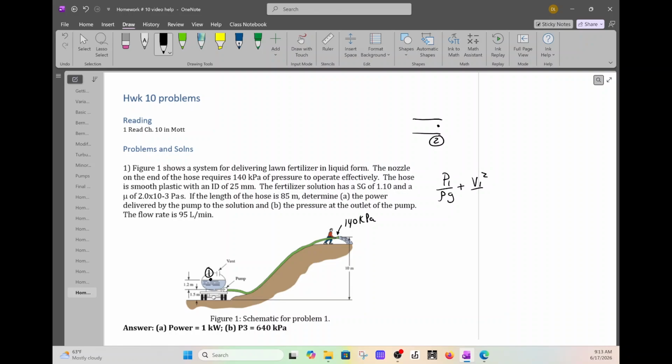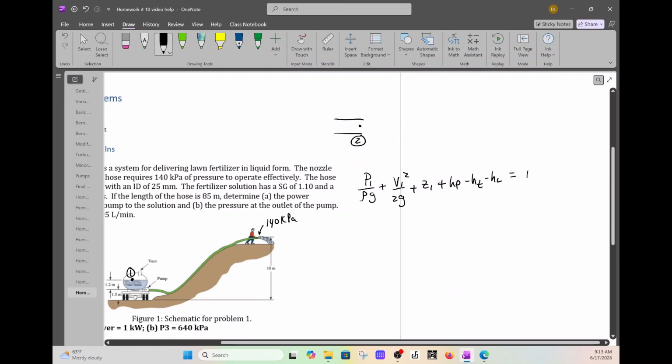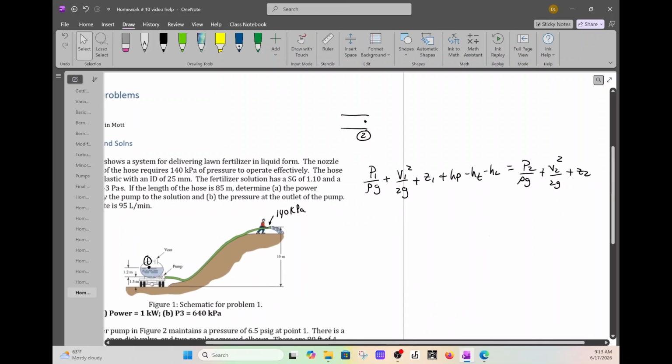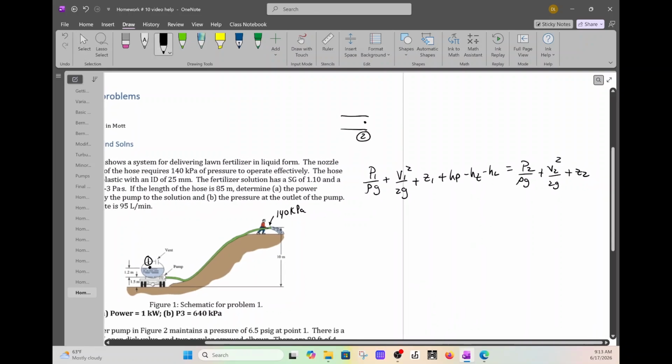which is P1 over rho g plus V1 squared over 2g plus Z1 plus HP minus HT minus HL equals P2 over rho g plus V2 squared over 2g plus Z2. Okay. Now, remember